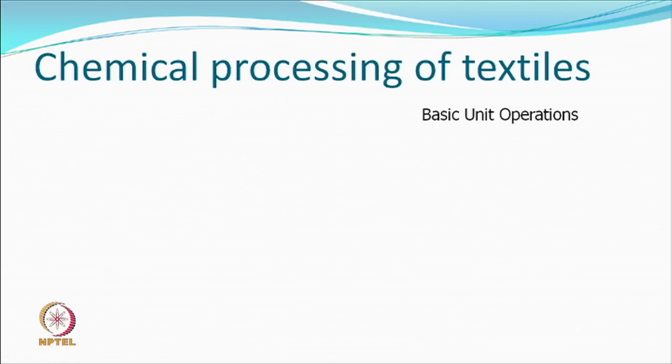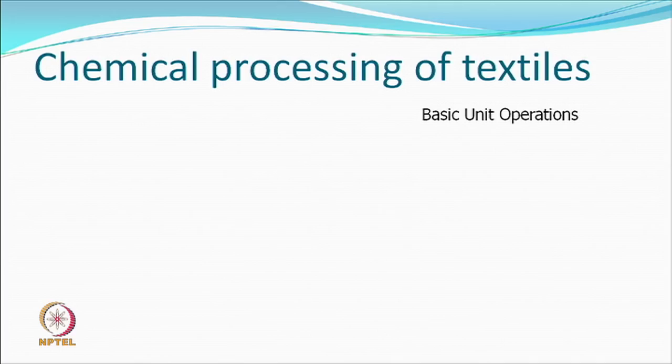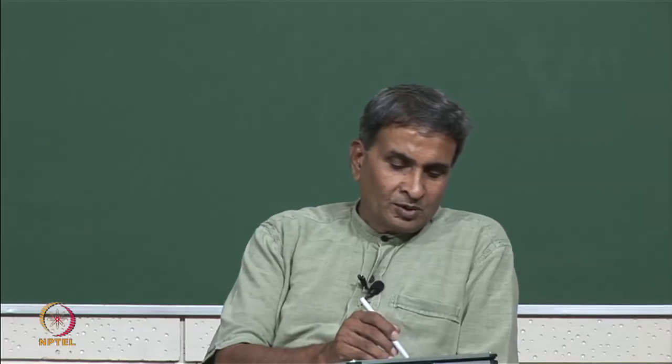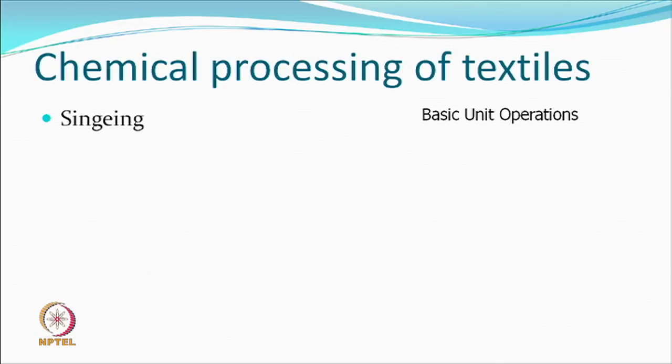So, before we take up printing, let us try to revise, and you will help me. What are the basic unit operations in chemical processing of textiles, the whole gamut starting from the gray fabric to the finished fabrics? So, what would be the first process? Gray inspection. What do you say? So, gray inspection. Well, that is an inspection part of it. There is not really much of a preparation. Good. Any other? Shearing and cropping. Shearing and cropping, which probably may have some similar operations of this type.